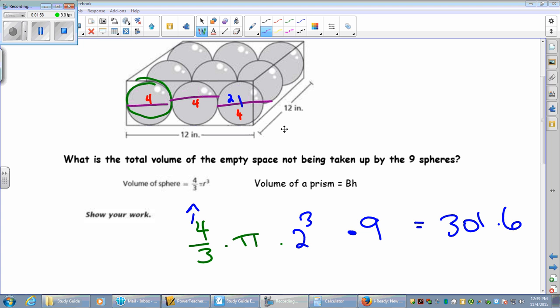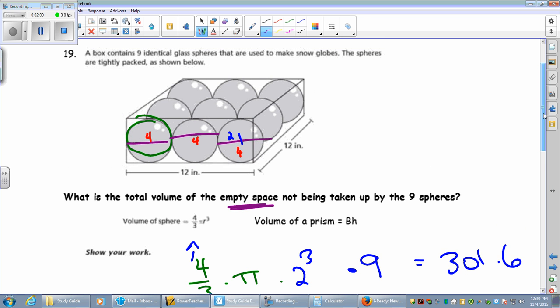So now here's the new part to this question. Now that I know how much space is being taken up by those spheres, I need to find out what is the empty space not being taken up by those spheres. So what I need to do is I need to figure out all these little cracks and all this stuff right here. The way that I do that is I find the volume of this prism to begin with without any of the spheres in them. So if I find the volume of this prism, it says B times H. It's really what our reference sheet says. What that means is it says take the bottom,